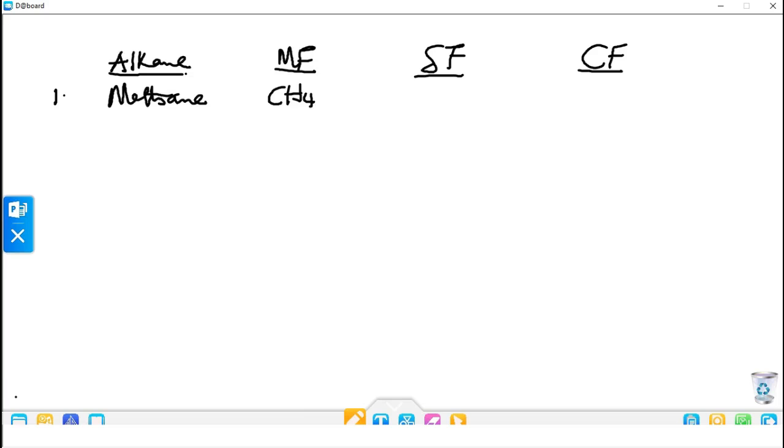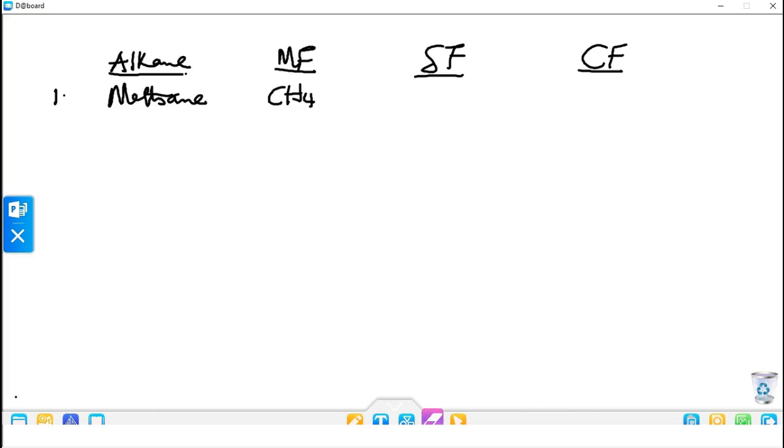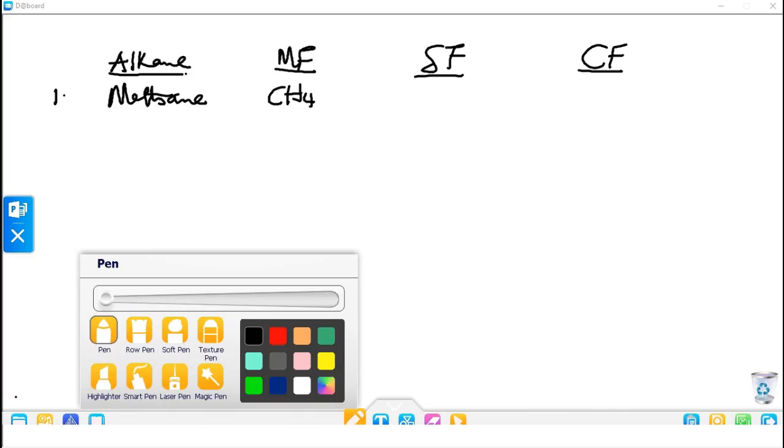That is to say, whenever carbon is going into combination, it must have 4 bonding. It is complete with 4 bonds. So, having learned that carbon must have 4 bonds, the structural formula for methane is